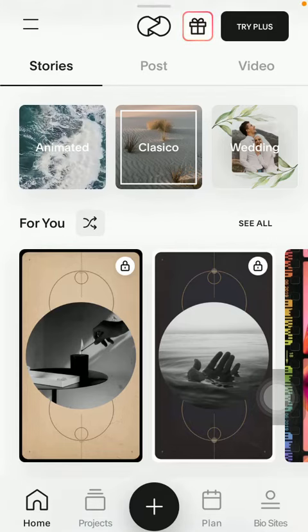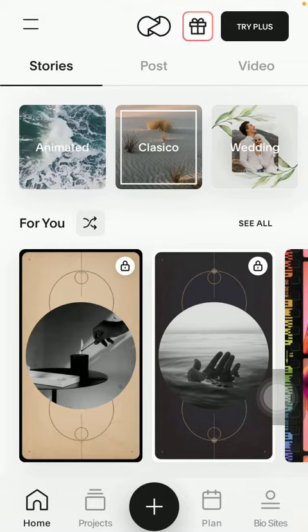Hello guys, in this video I am going to show you how to add backgrounds to your pictures on the